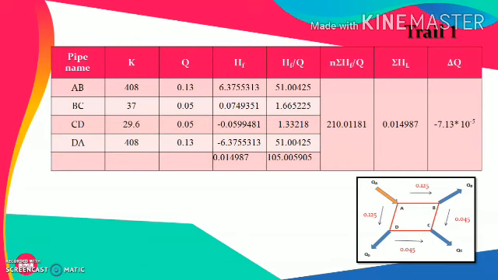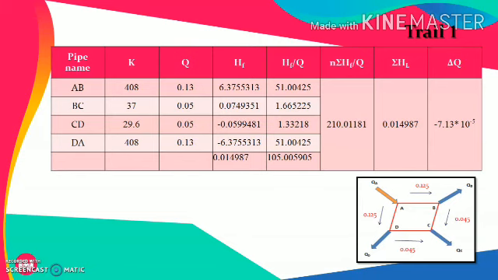Now once again, the value of Q doesn't have any sign in this particular trial shown, but actually we need to give the sign to the Q as described in the method of solving this particular equation and associated head loss. So CD and DA will have a negative head loss because the flow is in the anti-clockwise direction. For that we have even shown the network below in the form of a small figure.